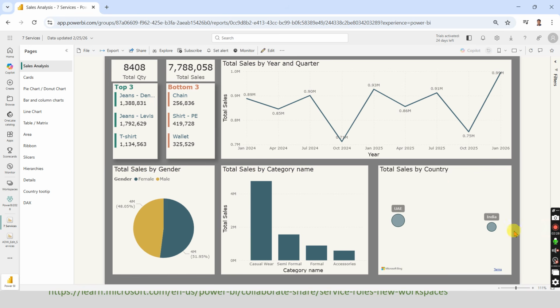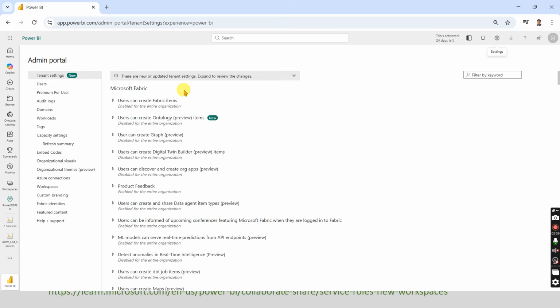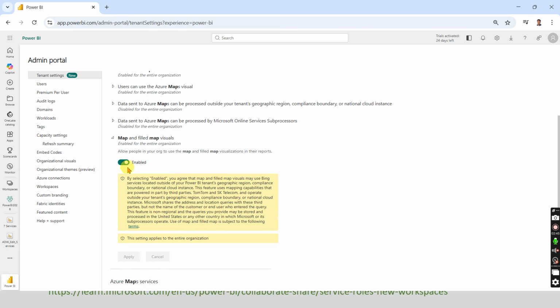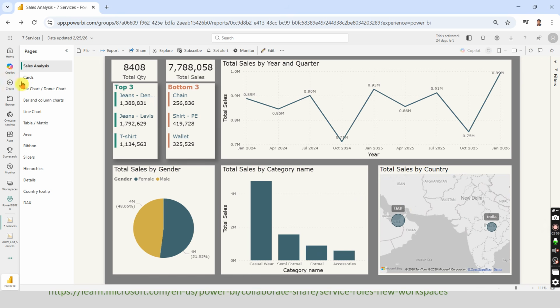In our previous session we had this issue. What happened is at the tenant level, so at each organization we have a tenant admin portal, we need to enable a certain option called map and filled map visual. This was disabled earlier. I have enabled it, then this map started appearing. This is for your information. So coming back to our topic,